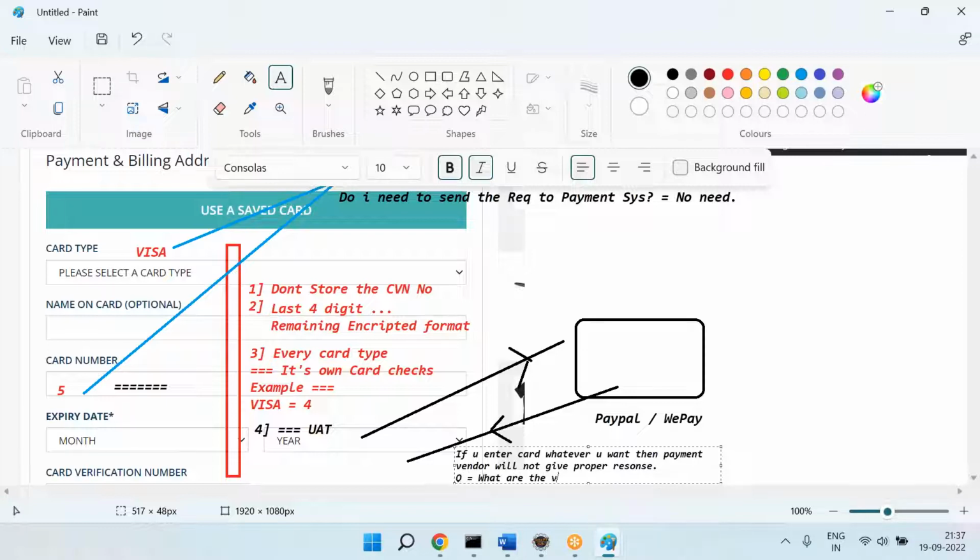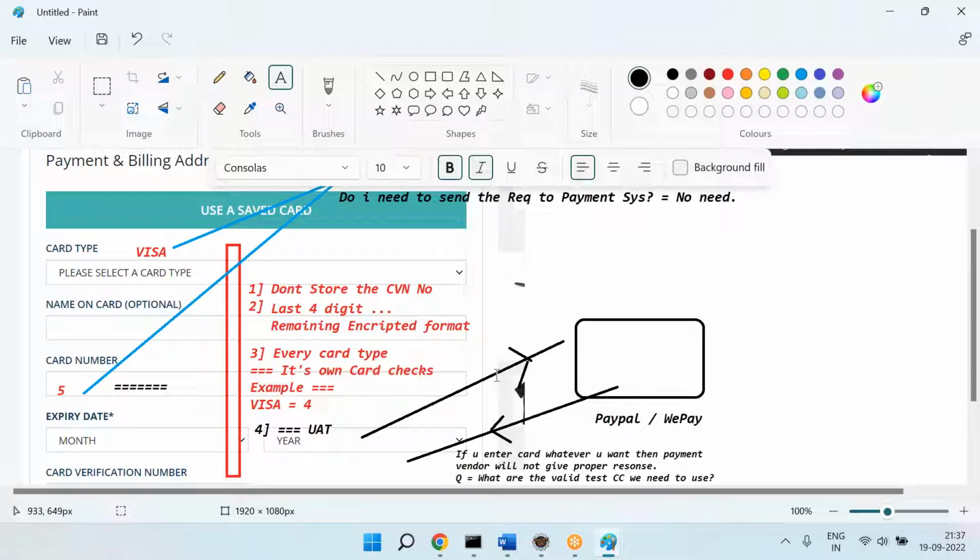What are the valid test credit card numbers we need to use? This is very important at UAT time. What are the valid test credit card numbers we need to use so that the vendor payment system will give the proper response? For that, the answer is, if it is Visa,